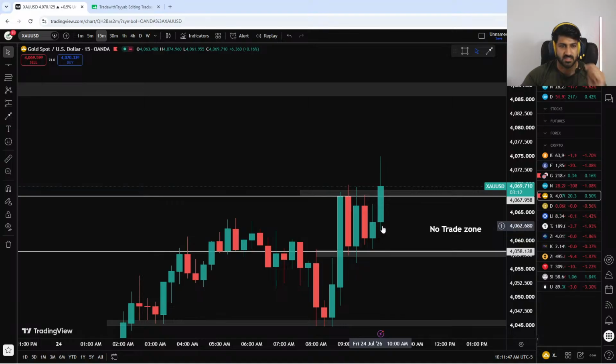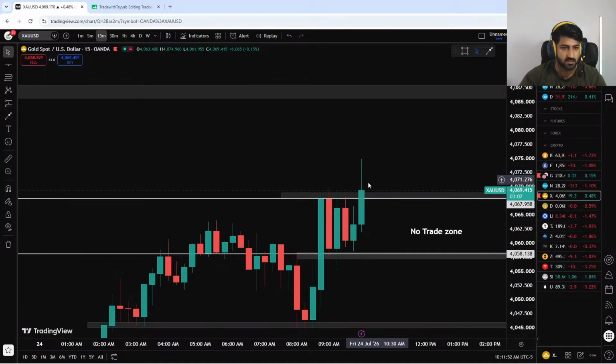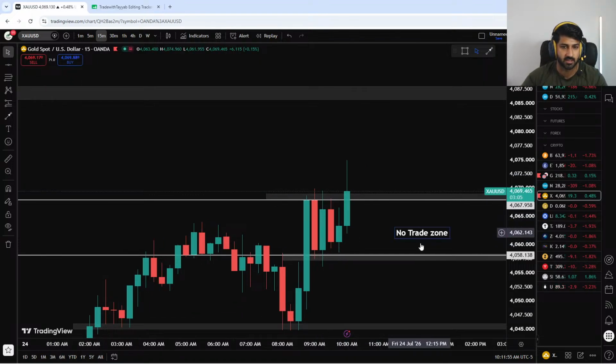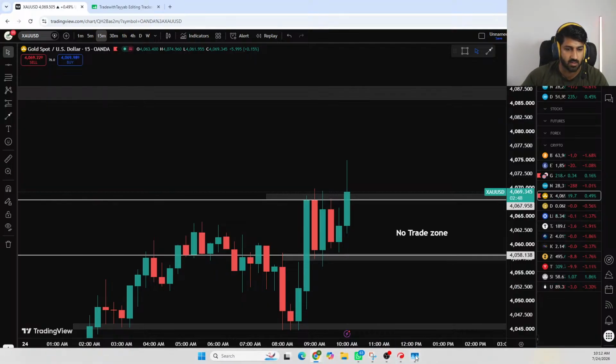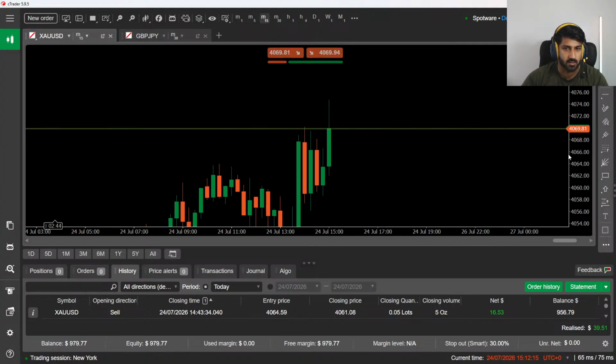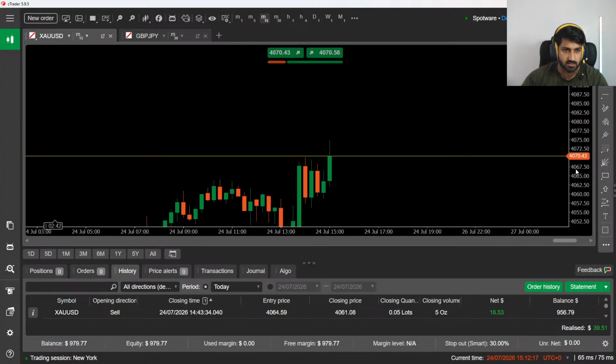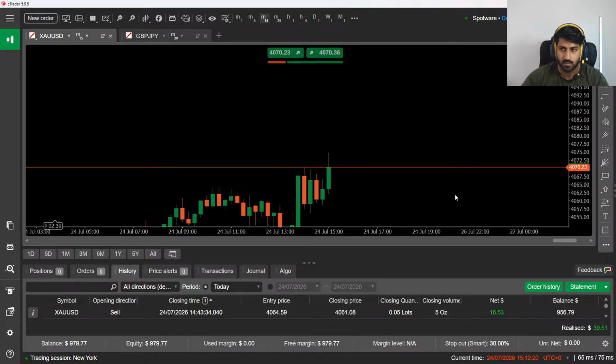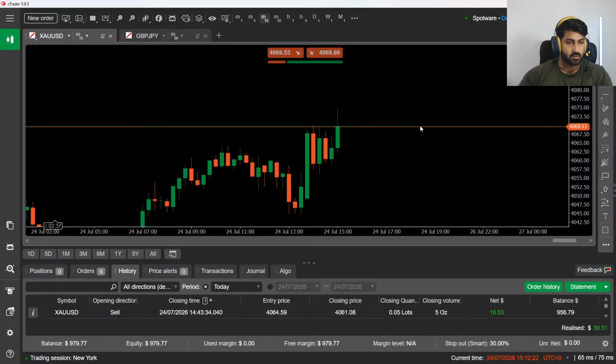So on the 15-minute time frame, I am seeing that we're having a break above this zone, this consolidation, right? So I'm gonna wait for this candle to close in 3 minutes, and if it closes the way it is right now, and it wicks down a little bit, just a little wick down, and on the way up, that's where I'm gonna buy for price to continue to push up. That's the one I'm gonna look for. That is the one. Alright, let's see. Let's get into it. Okay.